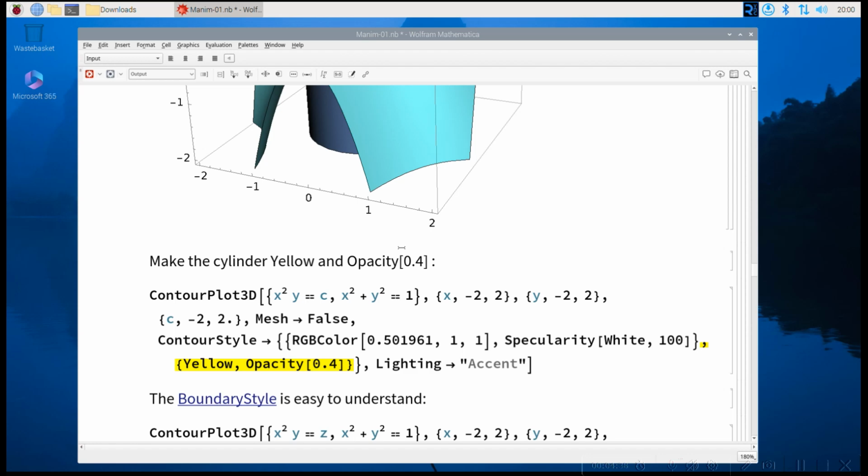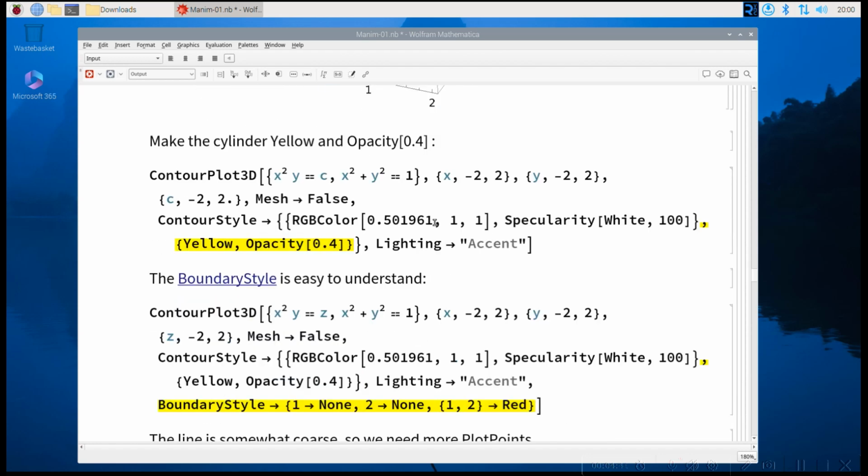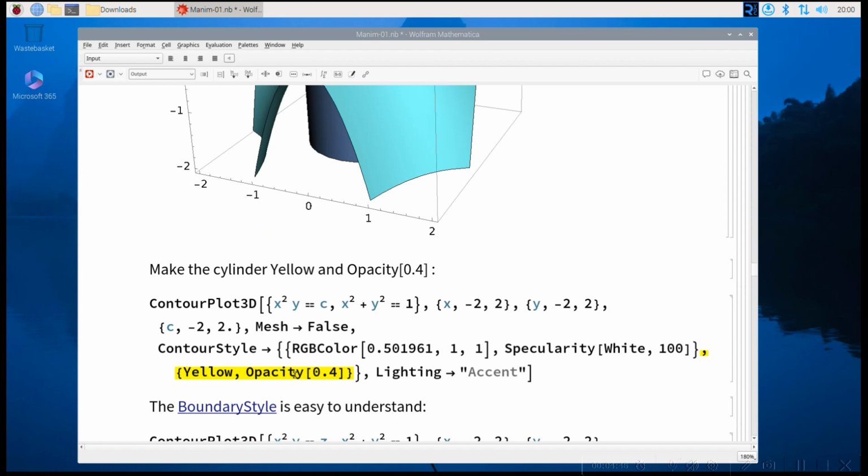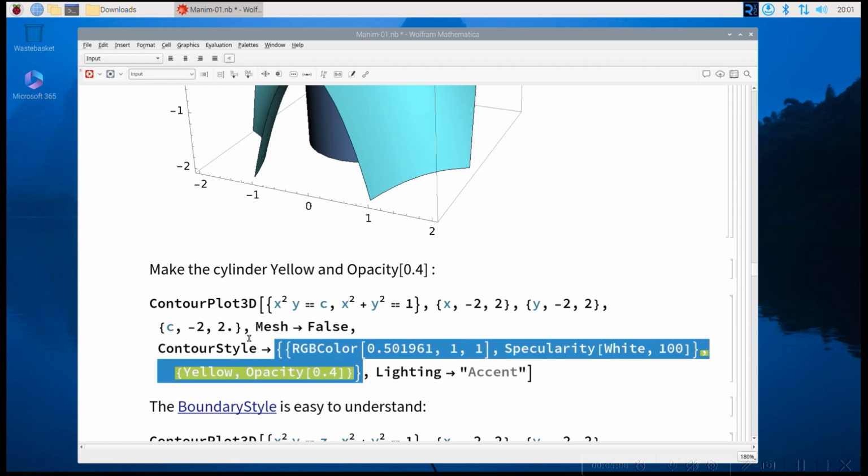And the cylinder we can make yellow. Well, how do we do that? Just we say that we want the circle to be yellow and that the opacity should be 0.4. Well, opacity, that means, and it's all embedded in contour style, by the way. So if I see a contour style here and I press Control point, you see Control point always finds the matching brackets and what's in there. So it's at this specific color,